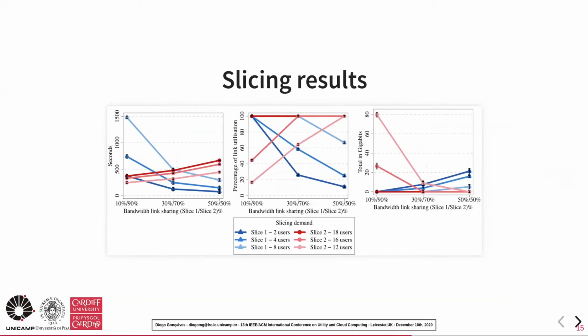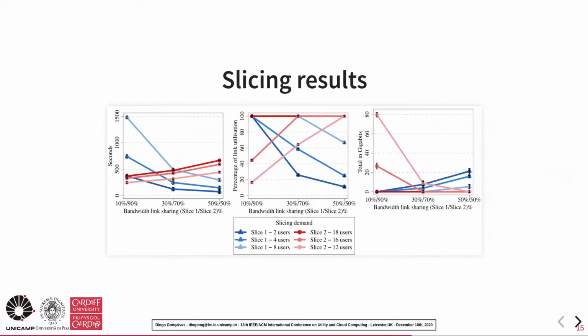In the second graph, you can see another metric we used to evaluate the performance of the slice instance. You can see that the slice which receives fewer resources stays active during the service migration until the end of our simulations. On the other hand, after one slice finishes all its migrations, the resources allocated to that slice become idle. In the third graph, we can see the amount of data that could be transferred while the idle resources were not used. For instance, slice 2 received 90% of the bandwidth to serve 12 users.